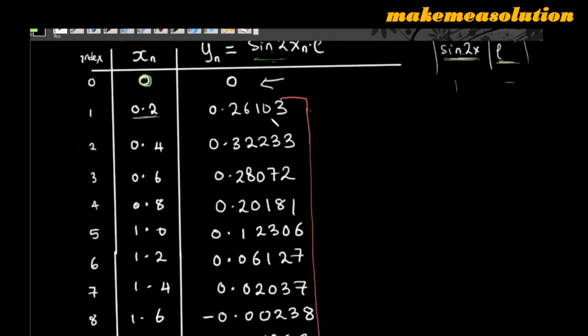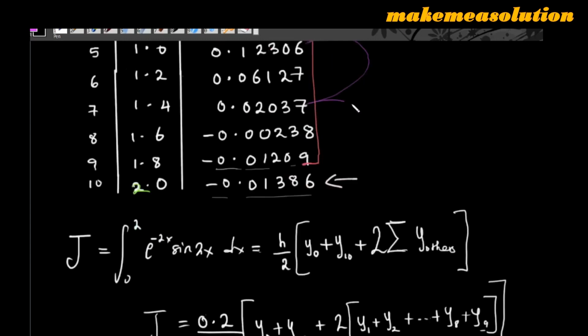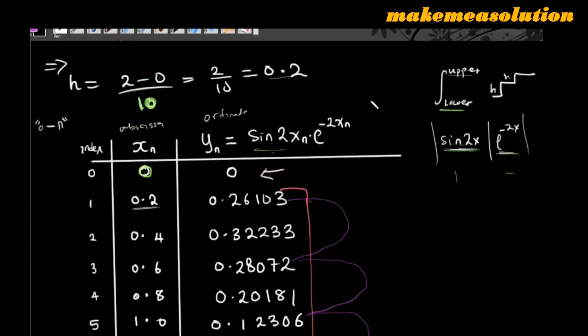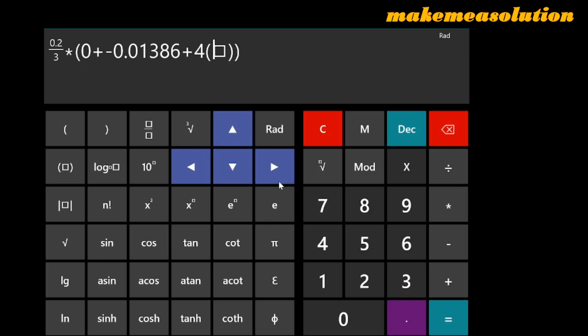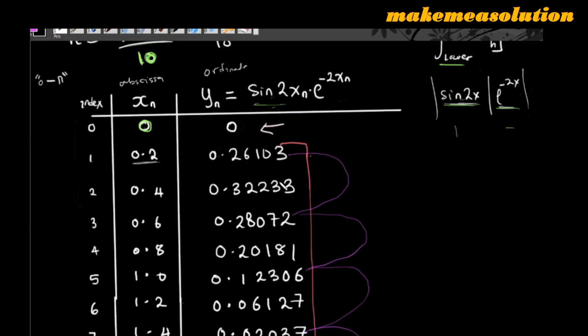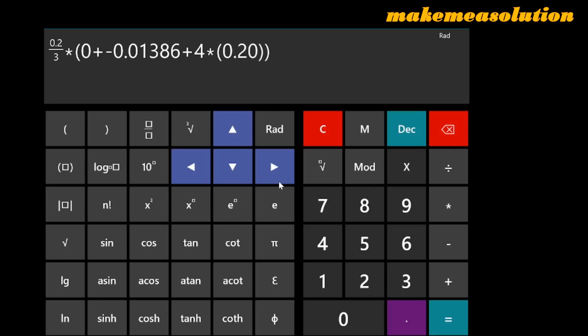All the odd ordinates are, I have my y1, I'm going to use this ink for it. So my y1, y3, y5, y7, and you now have y9. So I'm going to pick all these values and I'm going to plug them into the place where 4 is. So 4 times, so you have 0.206